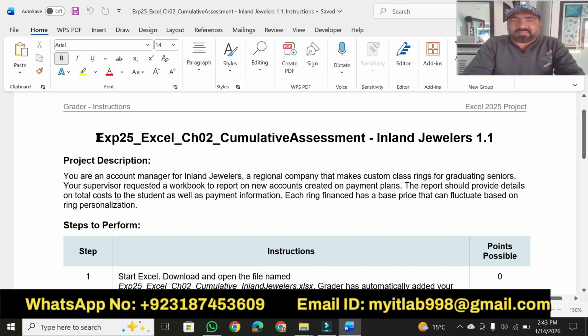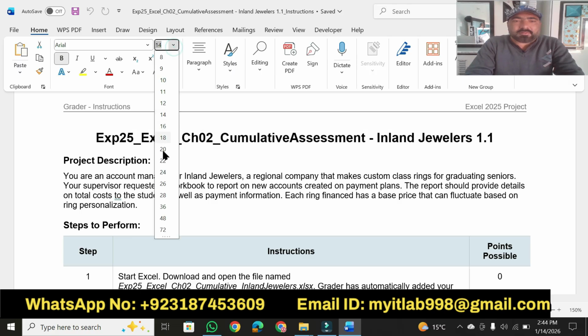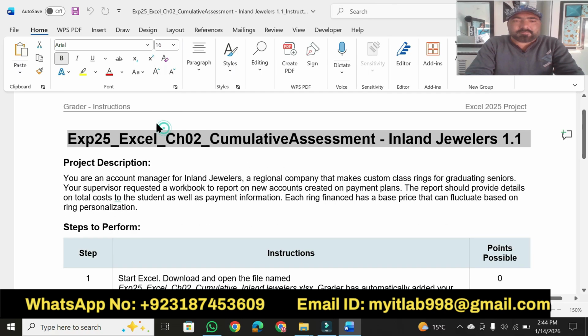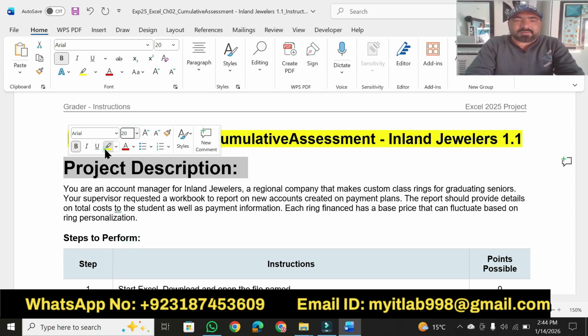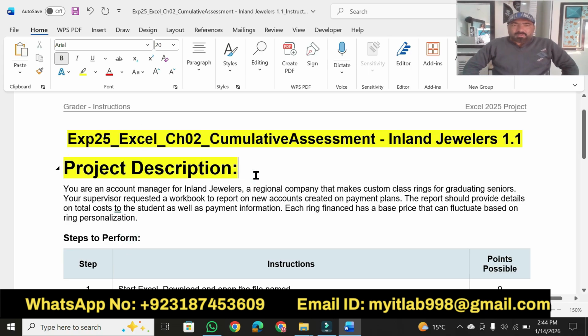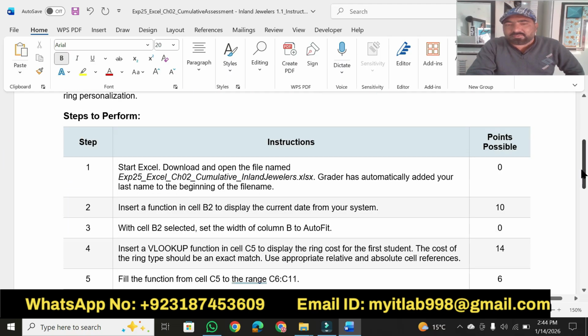So in today's video, we will discuss XP25 Excel Chapter 2 Cumulative Assessment Inland Jeweler 1.1. We just increase the size, then change its color. And here is the project description. So we just increase the size and change its color also. In today's video, we will discuss XP25 Excel Chapter 2 Cumulative Assessment Inland Jewelers 1.1. But before going to solve this assignment, let me move toward the whole assignment, how many points we have in today's